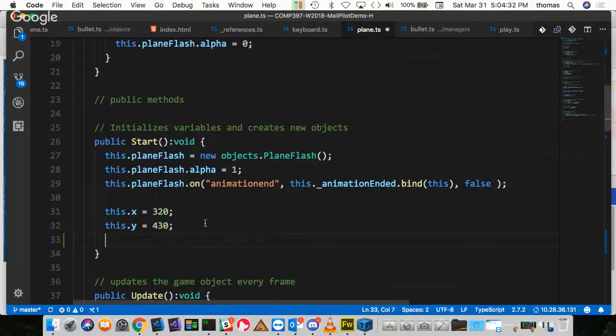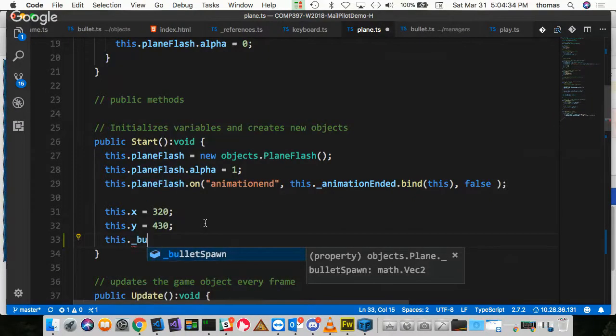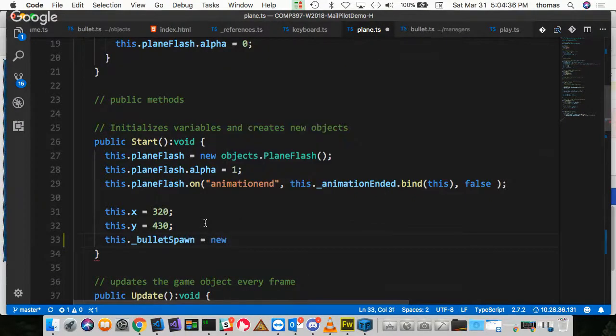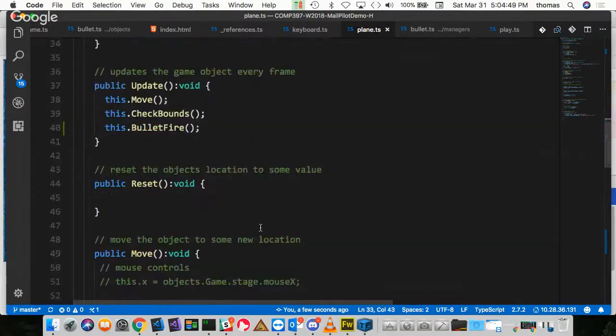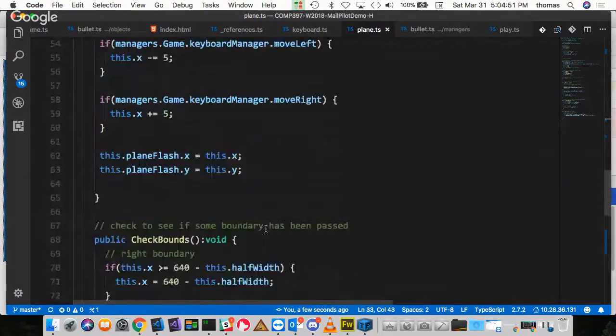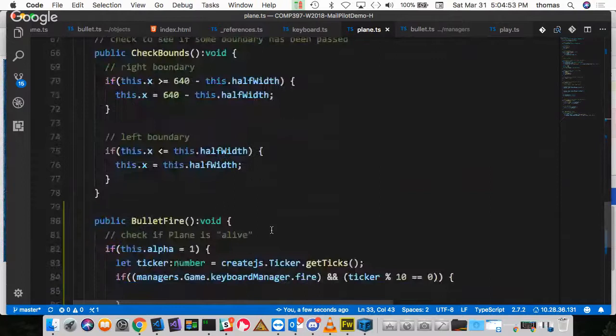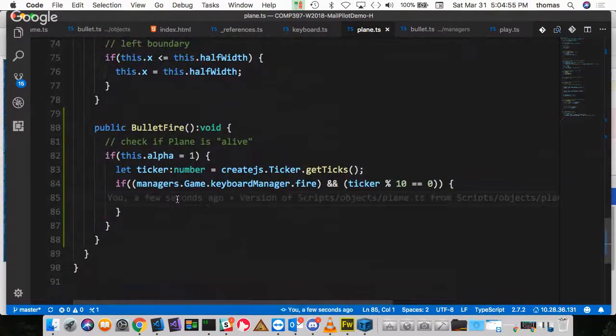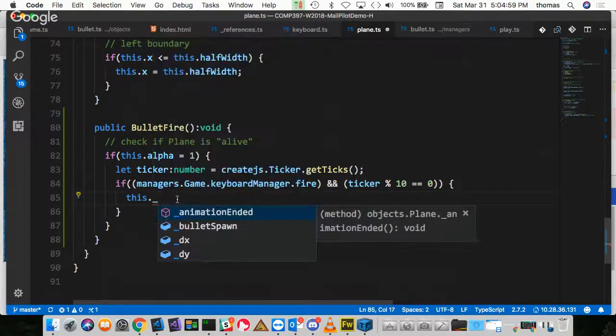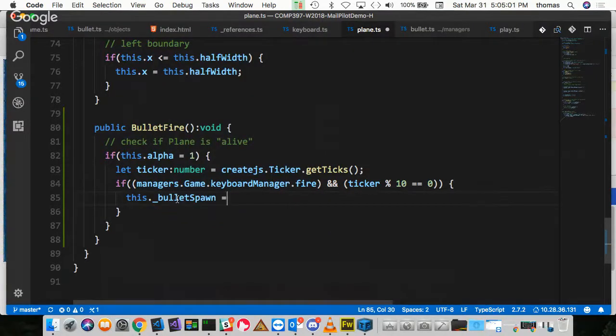Just for instantiation purposes, I'm going to say something like this dot underscore bullet spawn is equal to a new math.vec2, right? And by default, notice that they're optional. I'm just going to leave it blank. It's just instantiating the object. That's all it's doing, right? But here, when I'm calling it, I'm going to say that this dot underscore bullet spawn is equal to a new